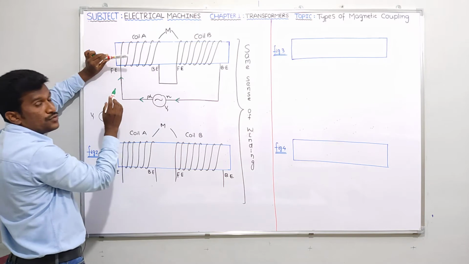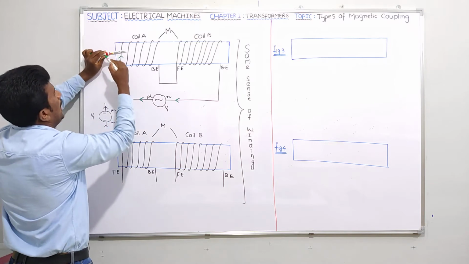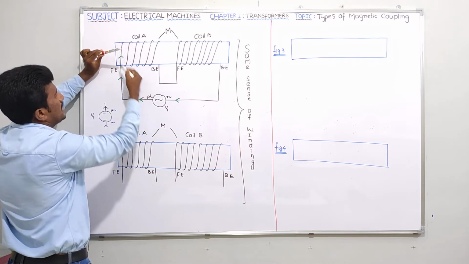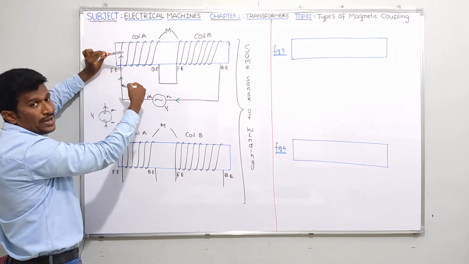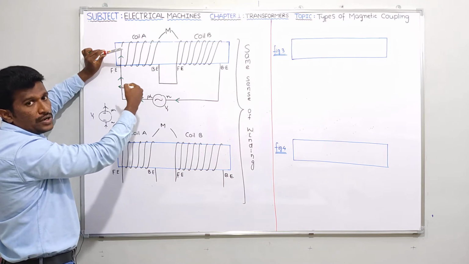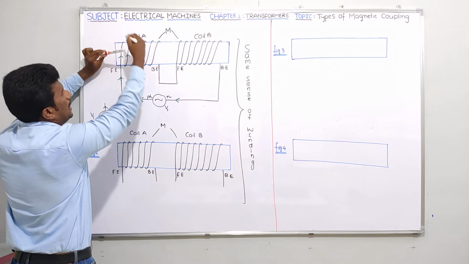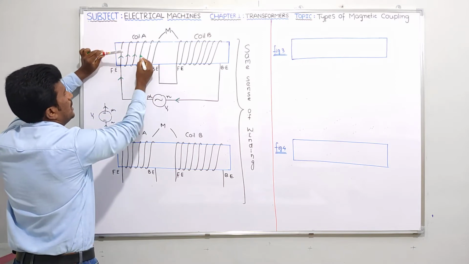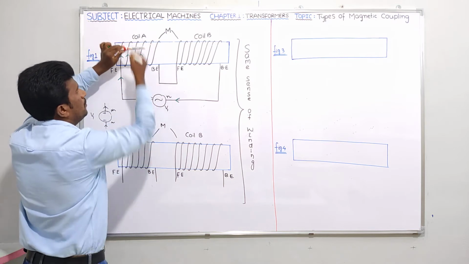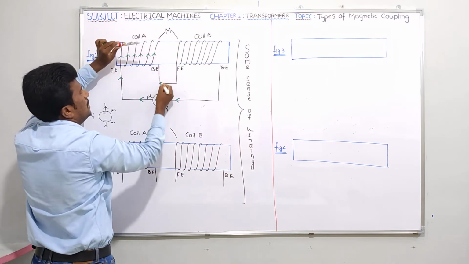The arrow mark means direction of current. If you see from the front side it is like this, upwards. Yes, this arrow mark. And if you see from the back side it is downwards. I cannot show that back side direction of current. Simply we can show the direction of current from the front side only. Once again, front side entering, back side leaving, front side entering, back side leaving.